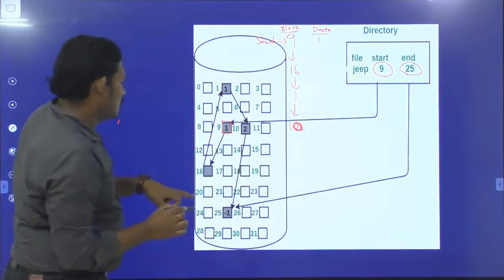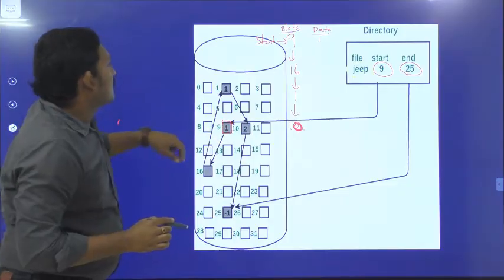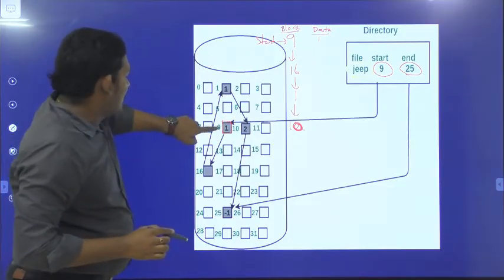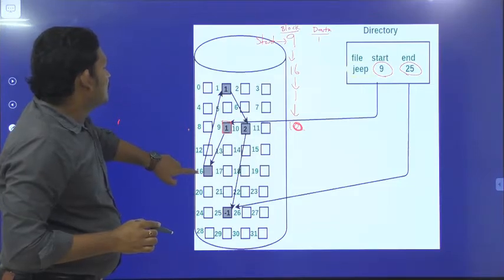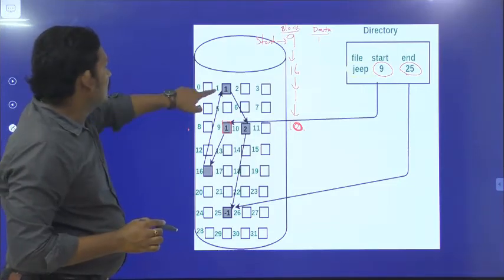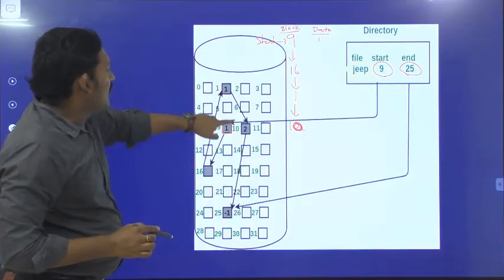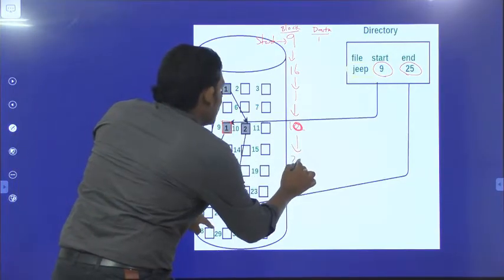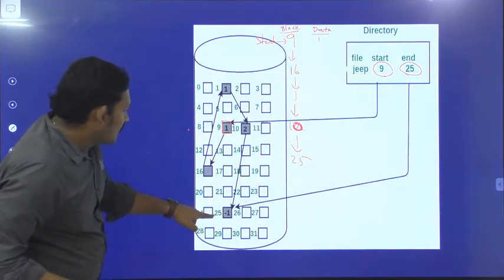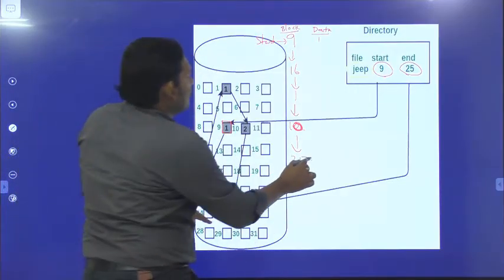We have to look at the block number. So first we started with 9 to 16. It pointed to 16, then this node pointed to 1. From 1 it pointed to 10. From 10 it pointed to 25. Yes, 25. With this we have stopped.